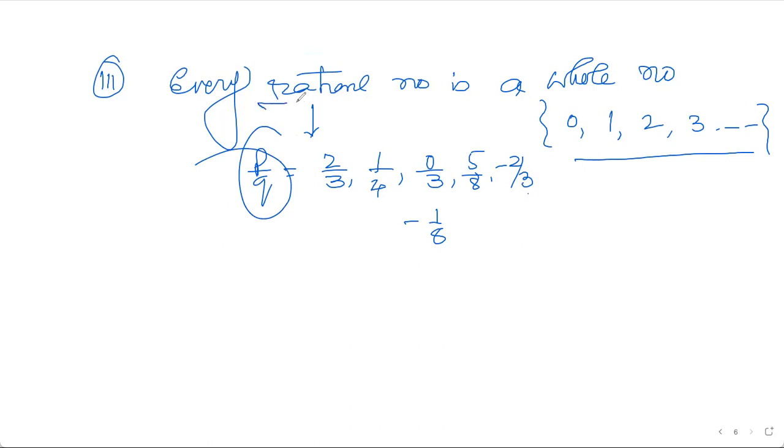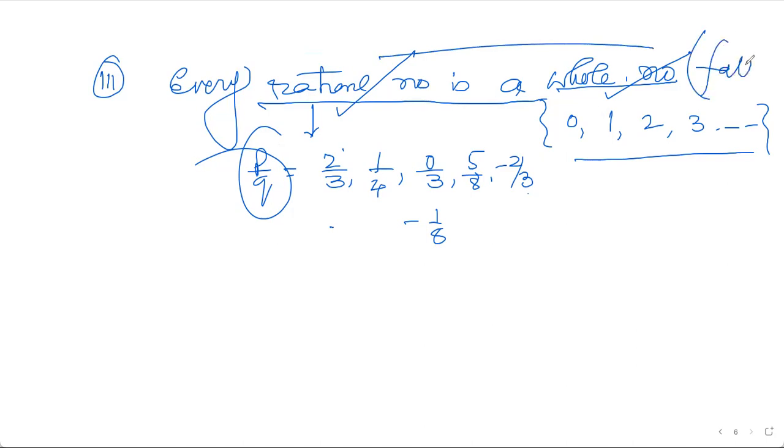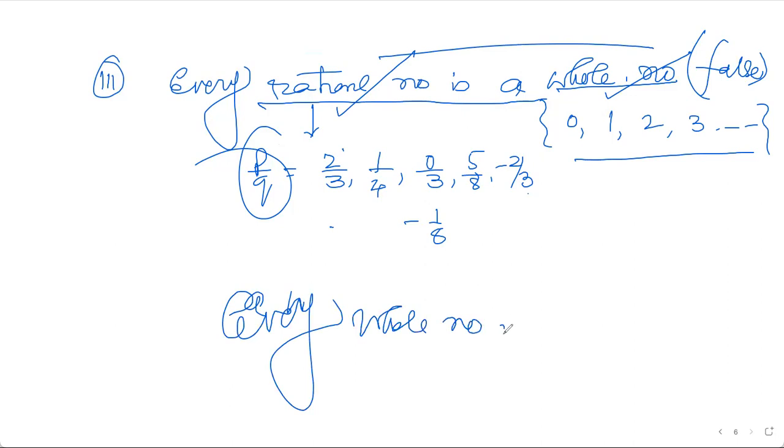So every rational number is not a whole number because rational numbers are fractional. Whole numbers are never fractional. So rational numbers cannot be whole numbers, but whole numbers are also rational numbers. Opposite is true, but this statement is false. But every whole number is a rational number. That is true. Every whole number is a